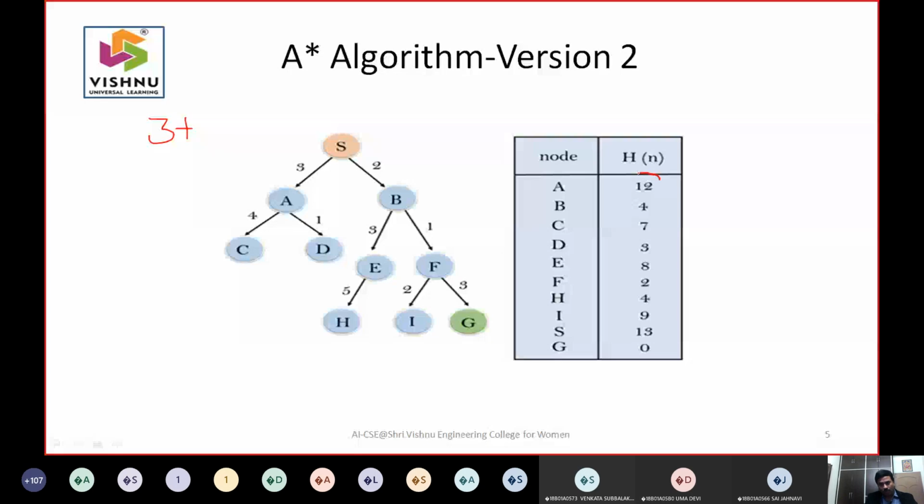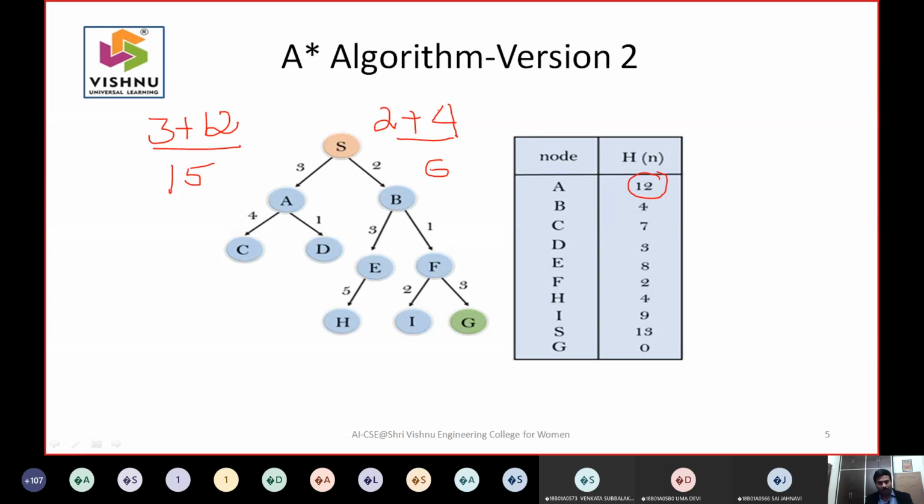So for A, the distance is 3 plus the estimated cost given here, 12, so this will come as 15. For B, the cost is 2 plus 4 was given, so it is 6. So which is promising at this moment? B is better.